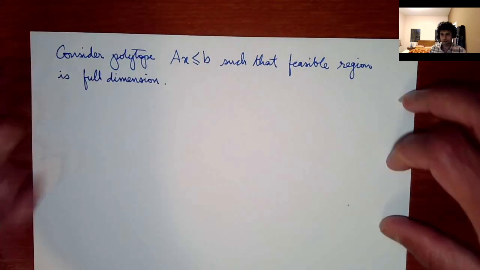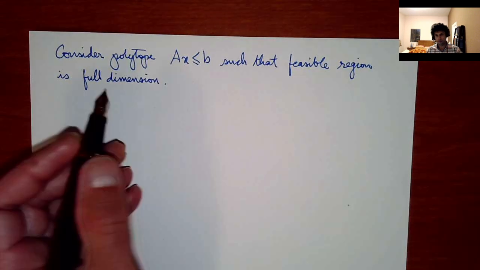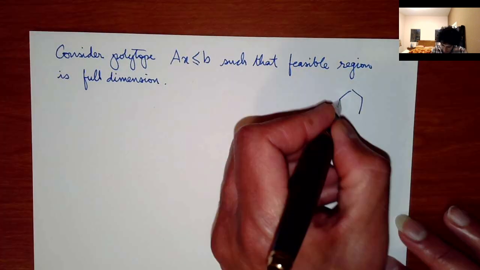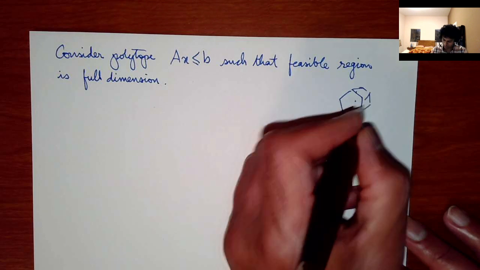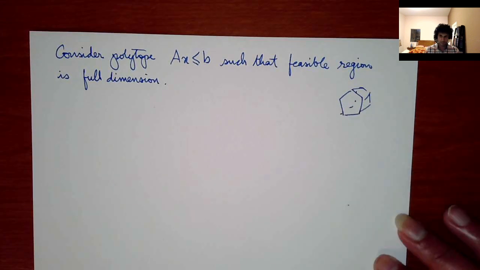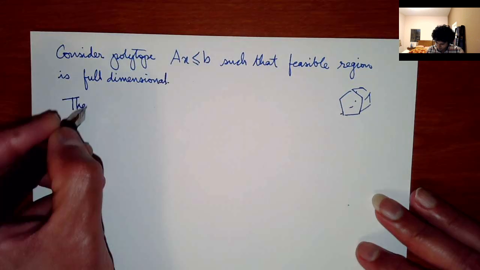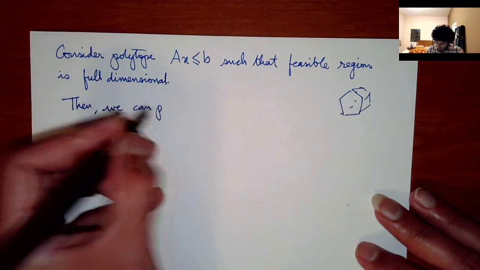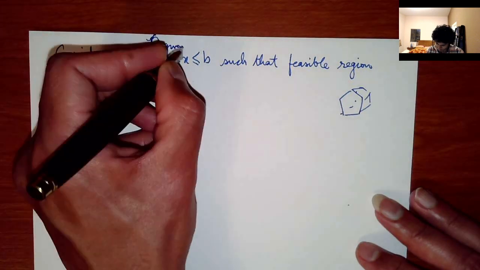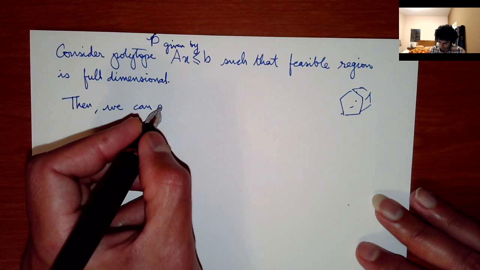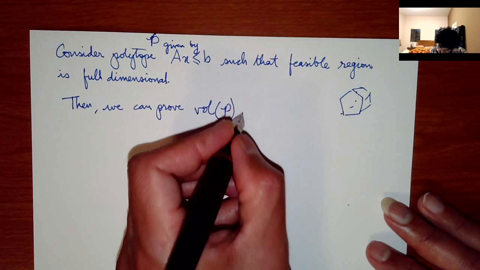For now, ignore the fact that the feasible region might be empty. Let's just say the feasible region is full dimensional, suppose. Right? So it's basically some full dimensional polytope given by Ax less than b. Then, I'll say the polytope is P, and then we can prove that the volume of P is at least,